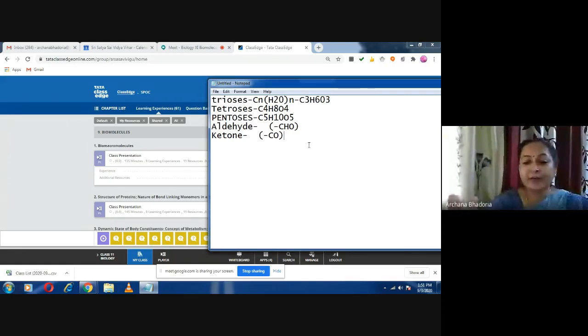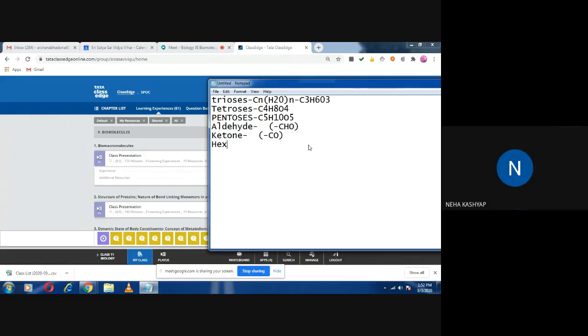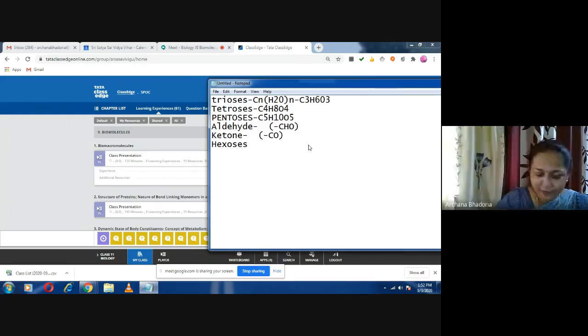So I was saying what we discussed previously: the classification of the monosaccharides based on the number of carbon atoms. When you see the classification on the basis of number of carbon atoms, we call it trioses, tetroses, pentoses, hexoses, and heptoses. Could we take up that also? What comes after pentoses? Hexoses. Means you all have not noted yesterday? I was showing the whole slide.